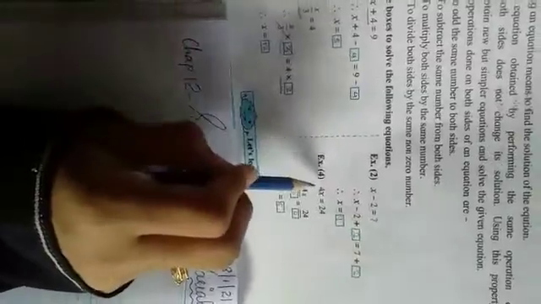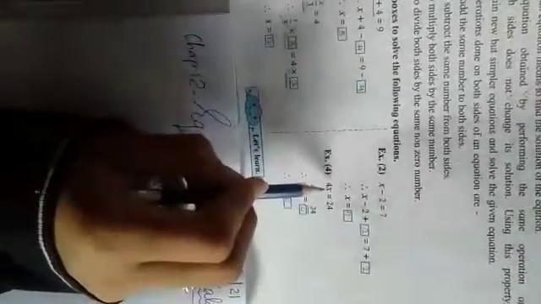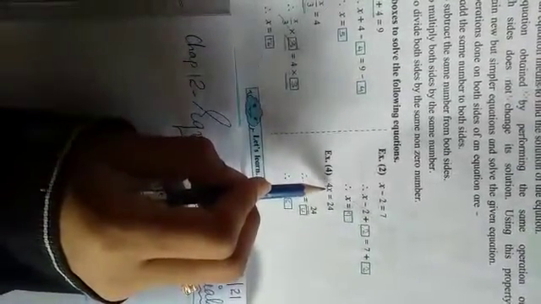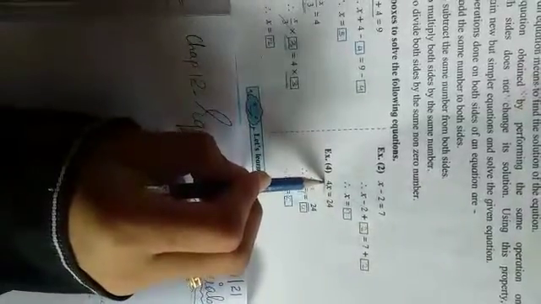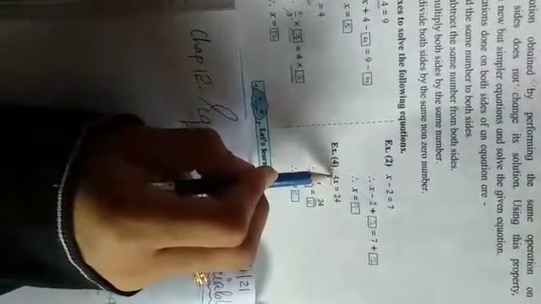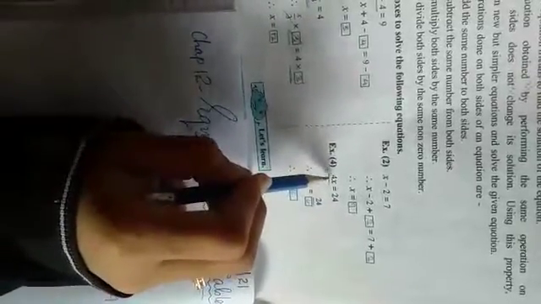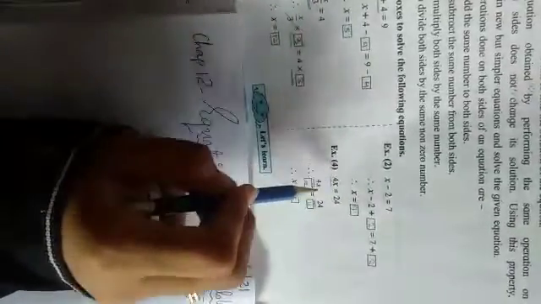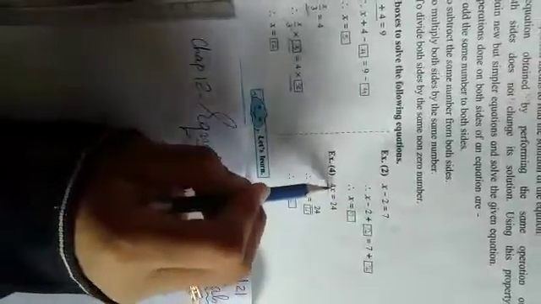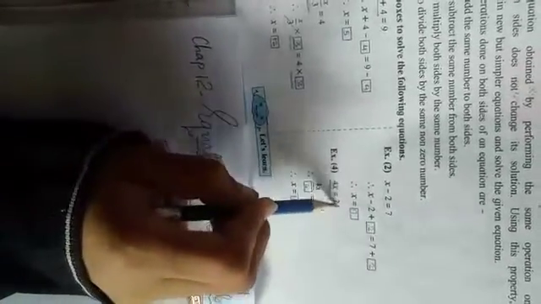And here 4x is equal to 24. This 4 is in multiplication with this x. It means 4 is given with multiplication with this x is equal to 24. When the number is given in multiplication, you have to take the same number in division, the opposite of this. Now 4x upon 4 is equal to 24 upon 4. This 4 will be cancelled. X is equal to, 4 1s are 4, 4 6s are 24, 6. X is equal to 6.